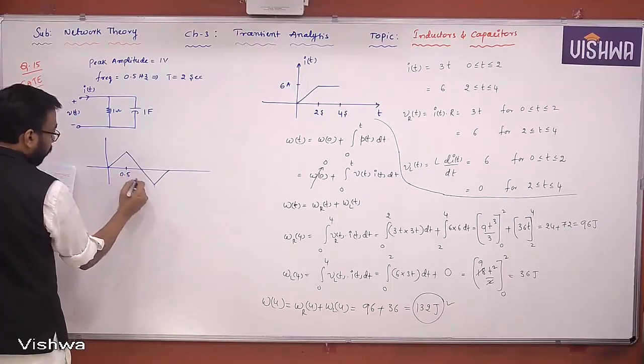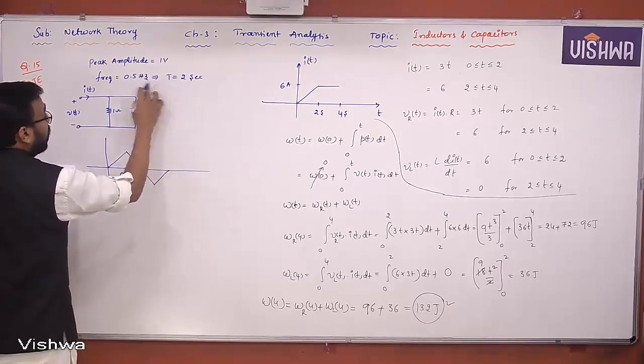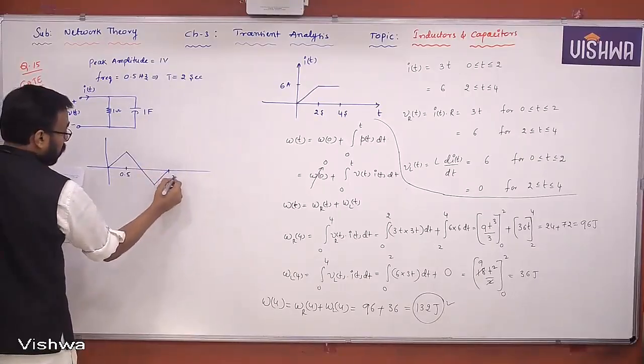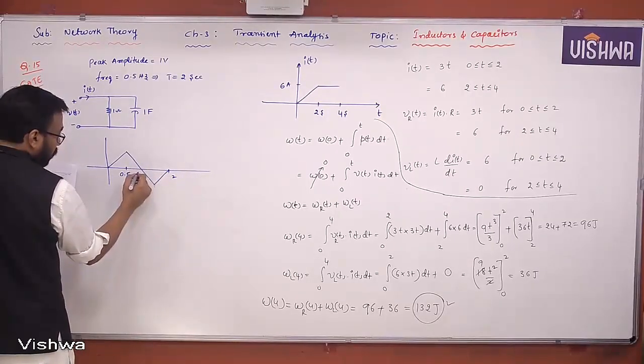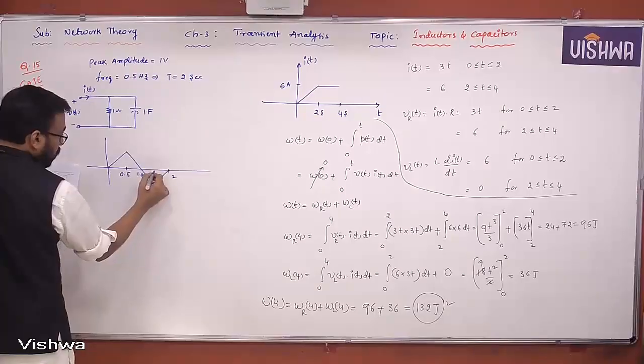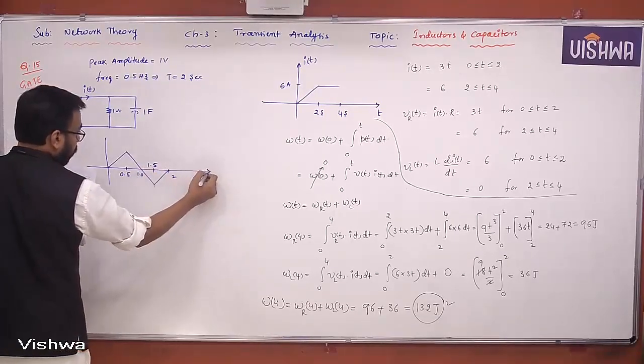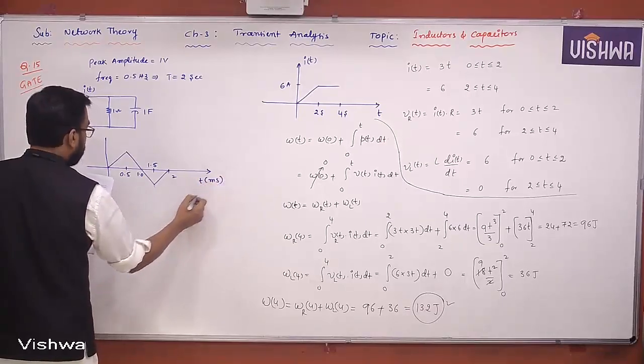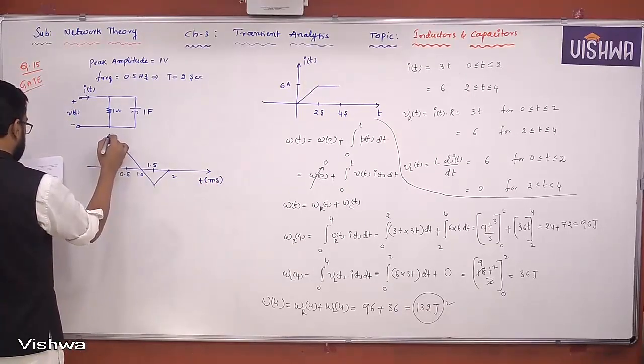Zero, 0.5, because the time period is 2, right? What is the frequency here? 0.5. What is the time period? 2, right? This is 2. So this is 1, this is 1.5. That's it. So this is t, time in millisecond, and this is now the